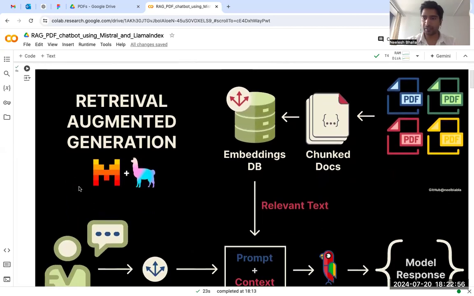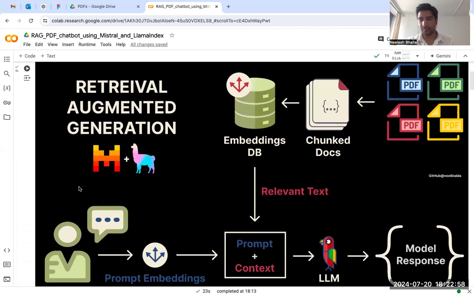So what is retrieval augmented generation? It is a method which follows three steps: retrieval, augmentation, and generation. Retrieval is where you retrieve information from a data source. This data source can be PDFs, Word documents, or HTML pages. So you retrieve information from these documents, and then